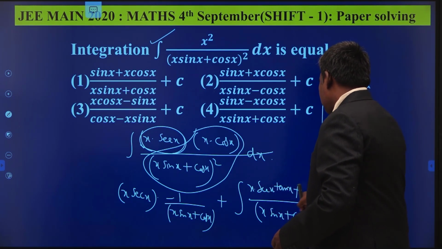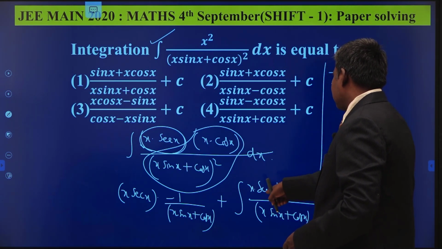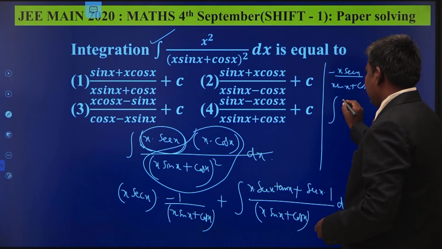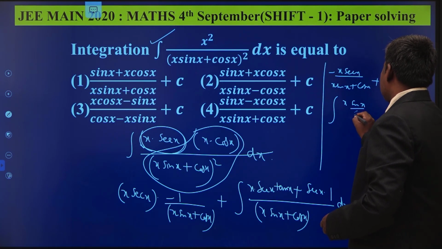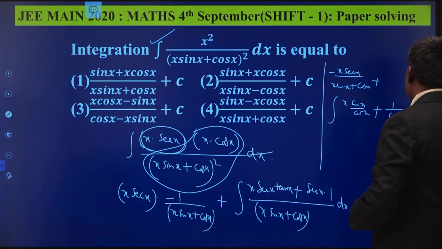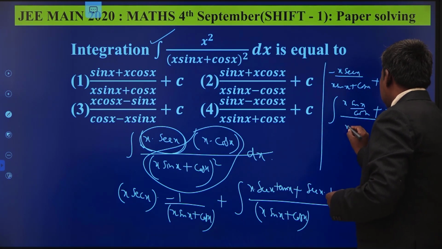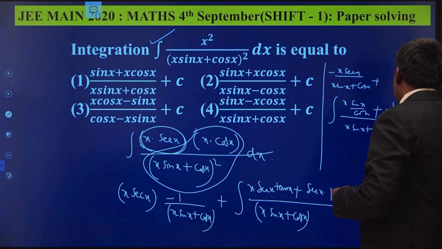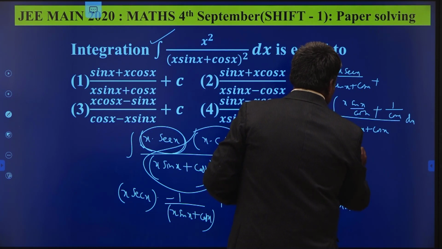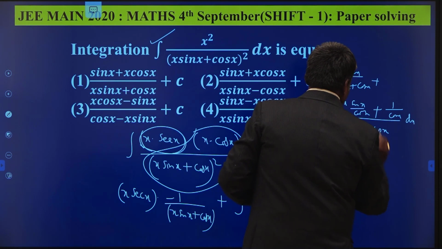See here, we write in this manner sin x by cos x by cos square x plus integral x sin x by cos square x plus 1 by cos x whole divided by x sin x plus cos x dx. This is nothing but minus x secant x by x sin x plus cos x